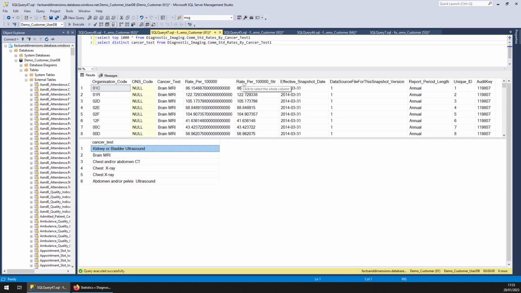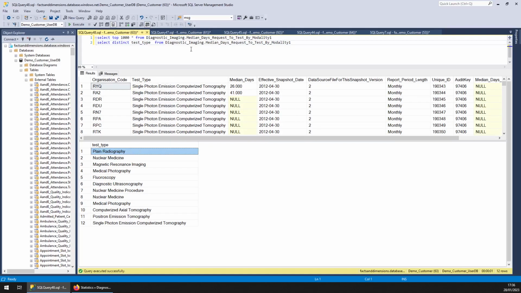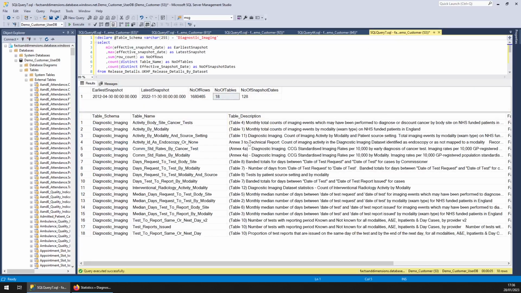Commissioner standard rates by cancer test. There's the cancer tests by commissioner. Median days request to test by modality. So that's this, as it says. As you can see, lots of other